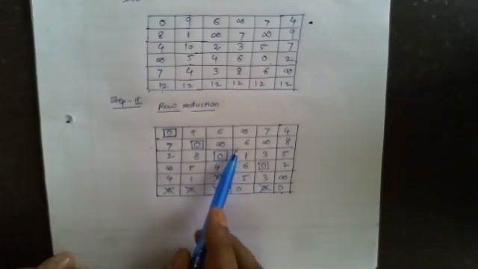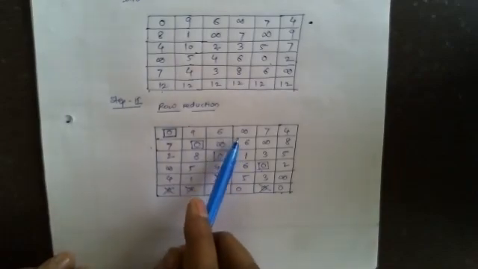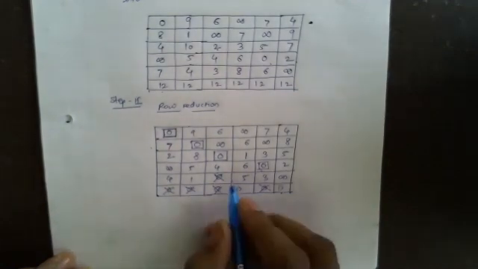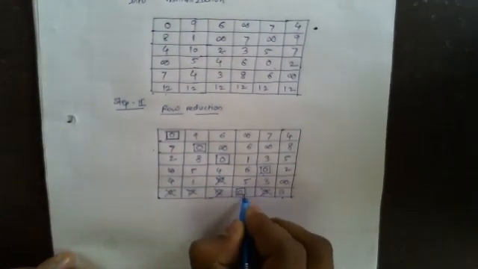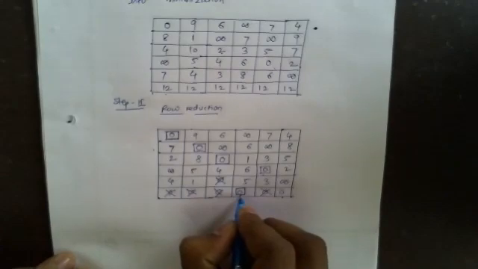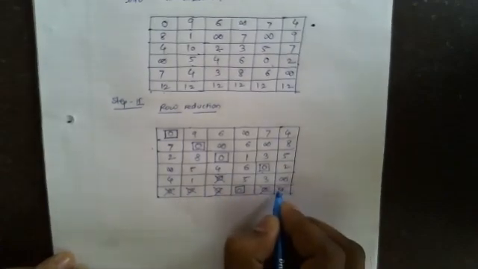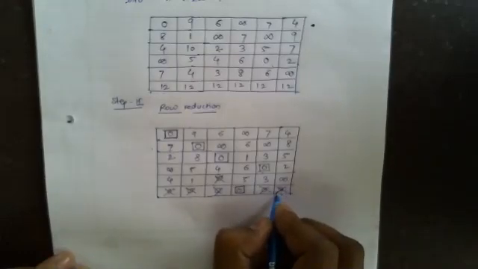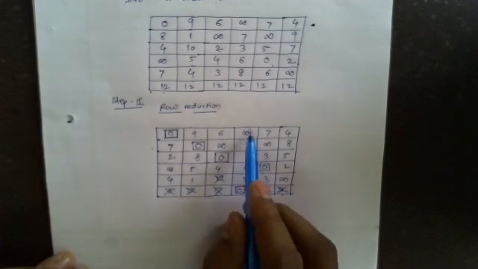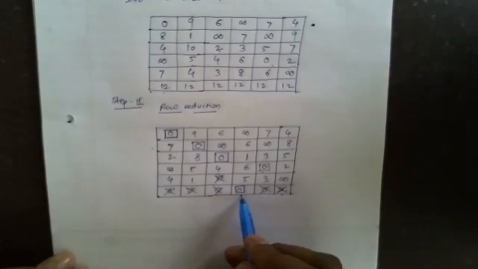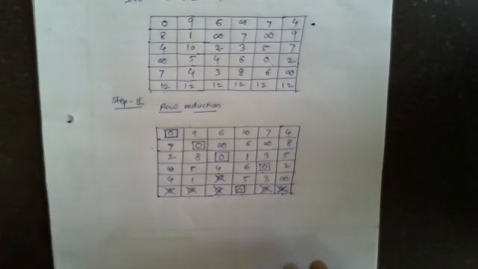Now in the fourth column, we don't have any assignment, so find the single 0 in the fourth column. Yes, I am having the single 0. Now I will assign this 0. Now I will cross the 0 present in that row, means I have to cross this 0. Whenever we are doing assignment row wise, we have to cross the zeros column wise. Whenever we do assignment column wise, we have to cross the zeros in that particular row. Now check whether any zero is not allocated or not crossed. All the zeros are either allocated or crossed.